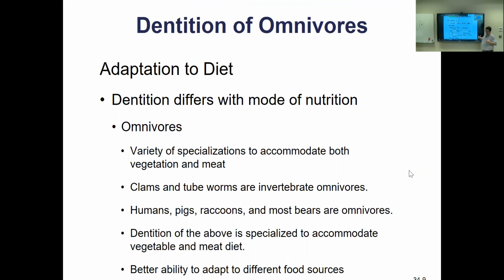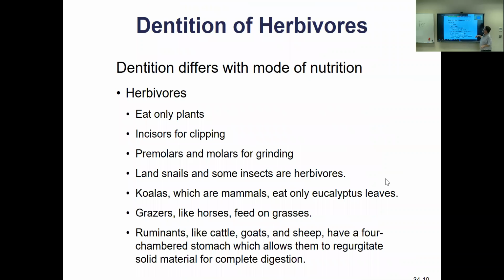We adapt our body structures, and especially our way to get food in the body and chew it up, based on, I'm thinking like teeth here too. Omnivores can eat what? Both plant and animal, right? Herbivores eat only plants, right? And we're going to see the cows with their four stomachs or whatever. Cattle, goat, and sheep have a four-chambered stomach that allows them to regurgitate solid material back up and chew the cud, right? Y'all heard that? Or they go back and re-chew it, and that allows them to break down cellulose with bacteria in this stomach so that they can get food out of grass.